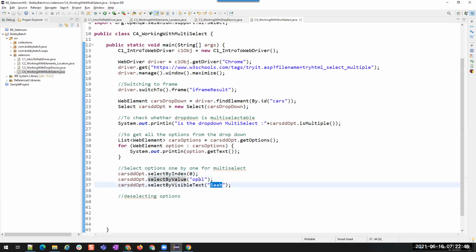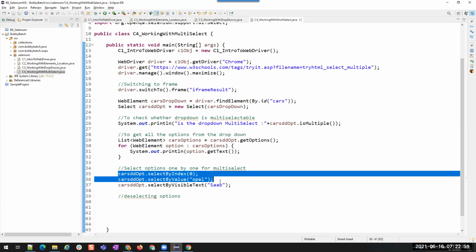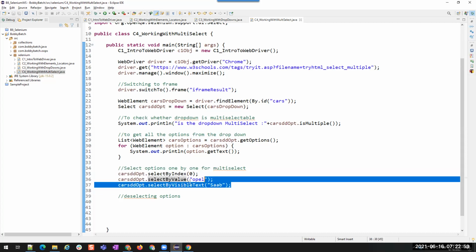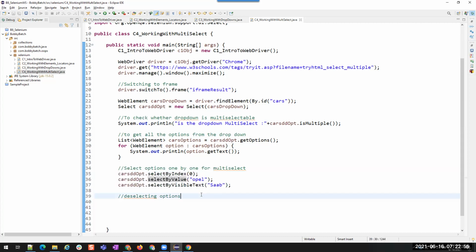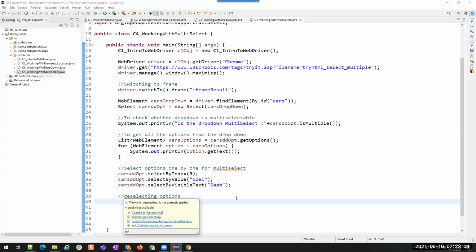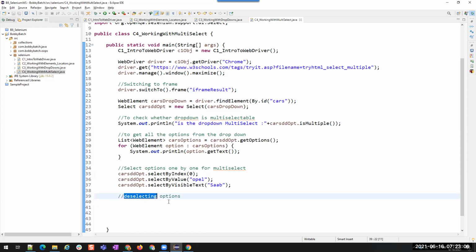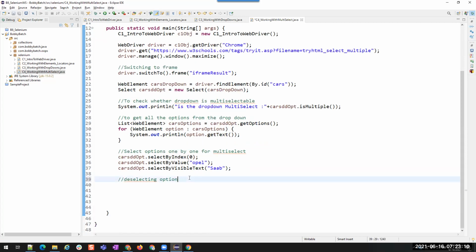And we are adding Saab to the list of Opel and this first one, Volvo. We are selecting one by one. We don't have an option to select all the three options at once. Understood? Yeah. Now deselecting or other methods from this one. Okay. Let's see.